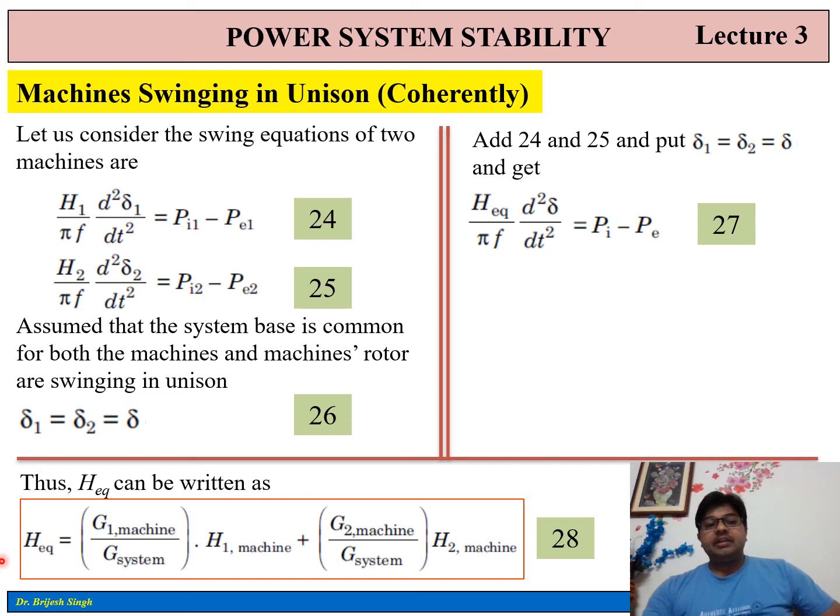So the equivalent H constant for the entire system can be represented as G1 machine upon G system into H1 machine plus G2 machine upon G system into H2 machine, which is basically equation number 28. So this topic represents the concept related to the swinging behavior of multiple machines connected to the same system. Then, for analyzing the dynamics of the entire system in response to any disturbances,